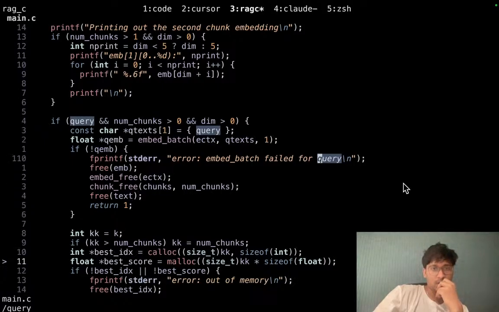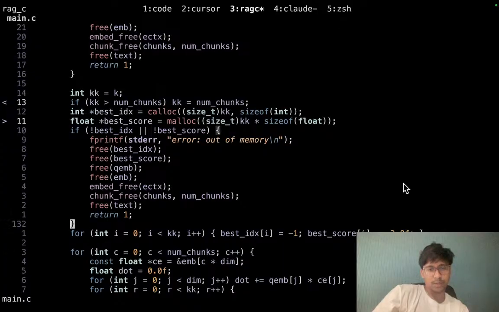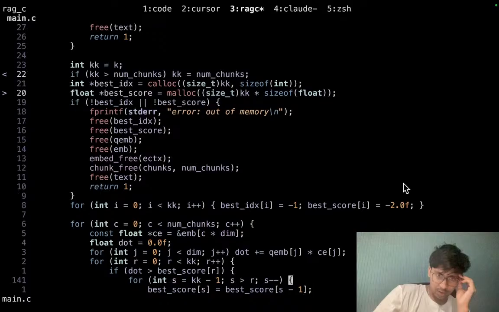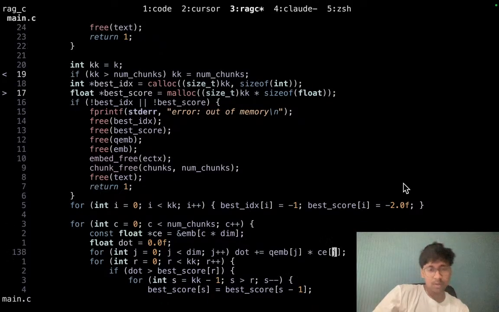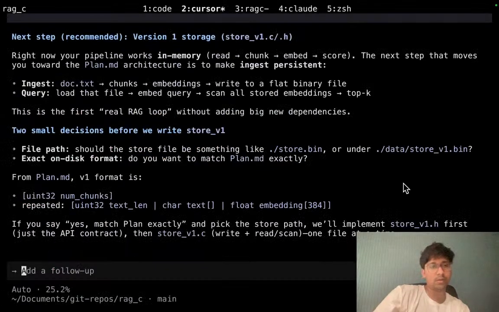Chunks is greater than dim is greater than 0. Embed batch failed for query. kk is equal to k. If kk is greater than num chunks, I need best index, best score. And then we have best index is I is equal to -1. Best score is equal to -2. Just initializing that. For each chunk, is that right? Is that right though? For that,